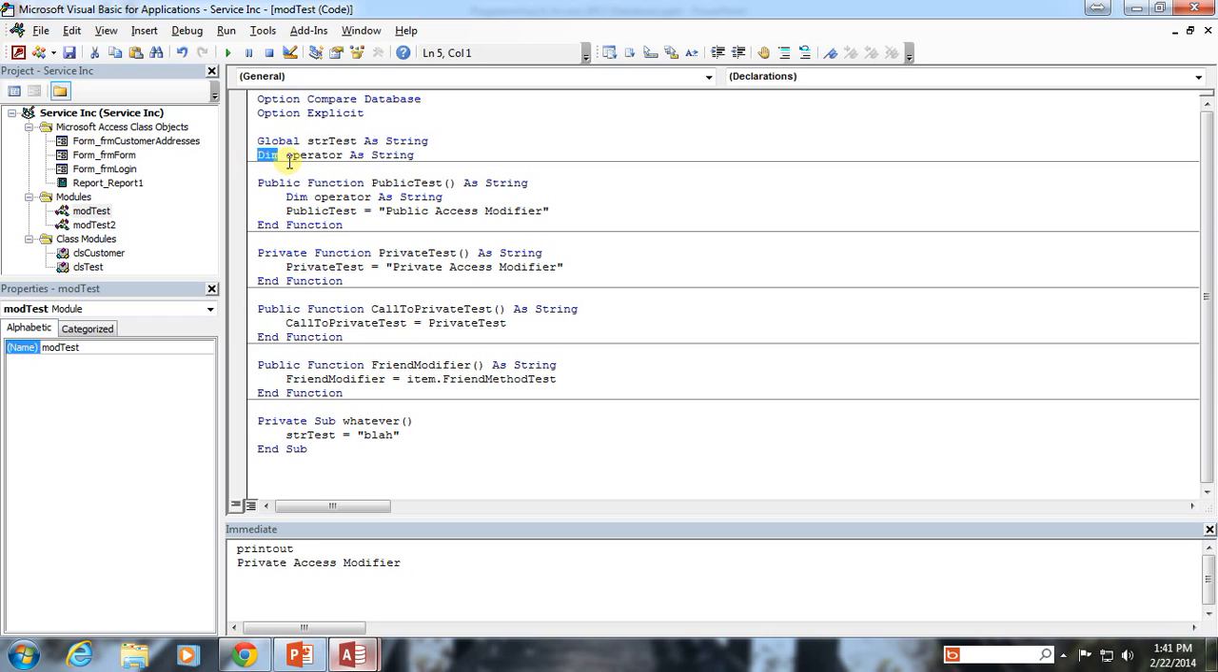But normally you will see the keyword private used. Okay? All right, so now this is a good example of the global access modifier. So I've got the strTest string that I'm declaring here as a global variable and is of type string. Now remember, the global variable is very similar to public in that I can access it from anywhere within my